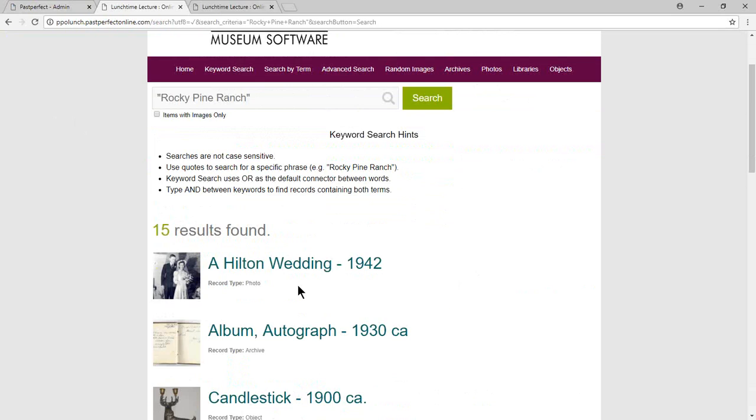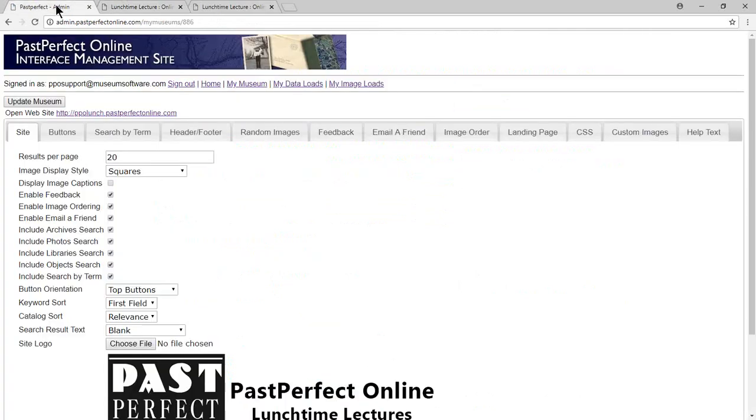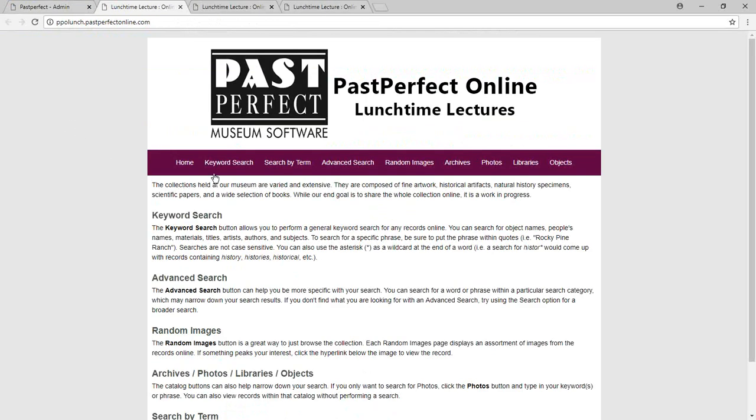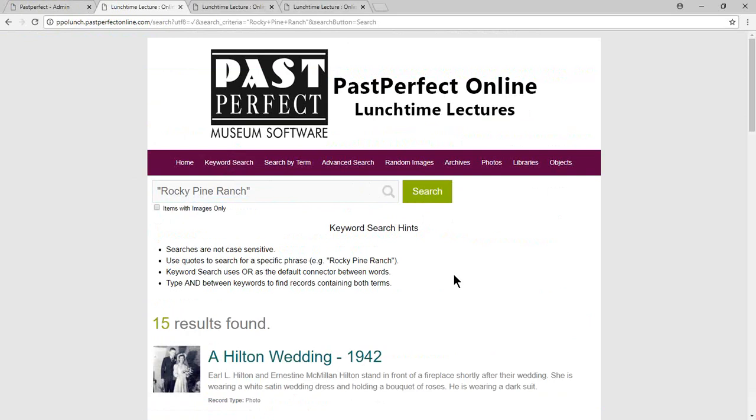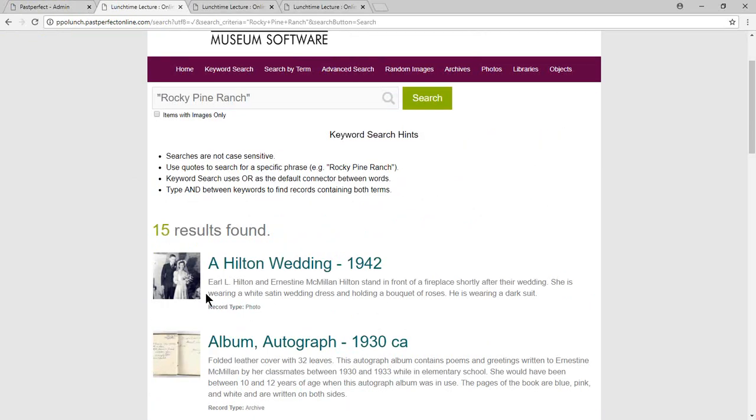I received the same 15 results, but now you can see below the link, nothing displays. I'll go back to IMS a final time and change my search results text to third field. I'll go back to my site and go to Keyword Search and do my final search for Rocky Pine Ranch. And you'll see I received the same 15 results, and this time a brief description about the item does display